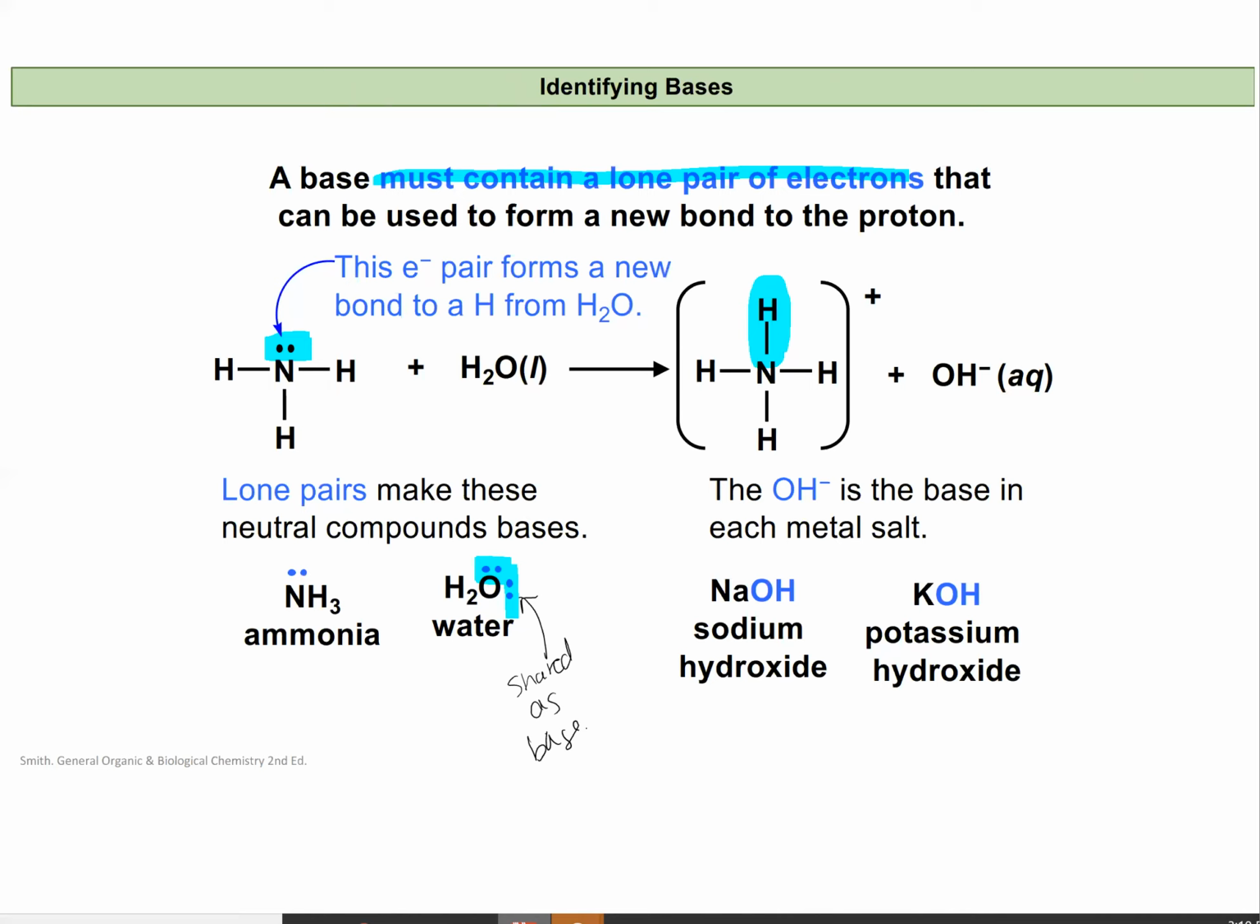So some common bases that you'll see are things like sodium hydroxide and potassium hydroxide. These are all very, very strong bases. And they're a metal salt of a hydroxide ion. So that hydroxide ion has the 3 lone pairs on the oxygen. One of these can be donated as a base to a proton to form